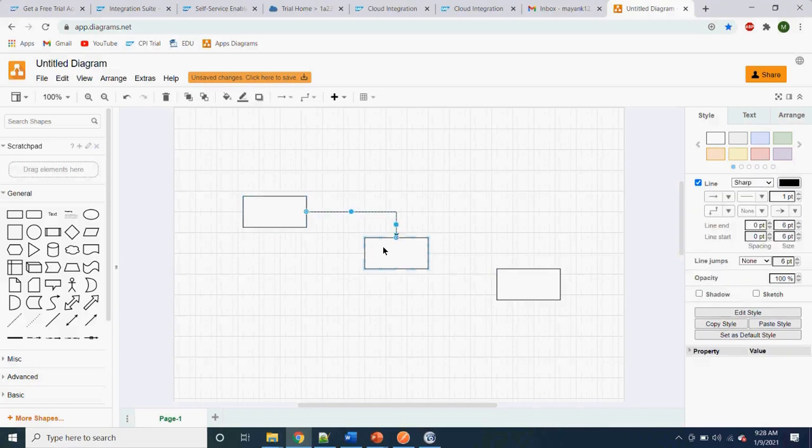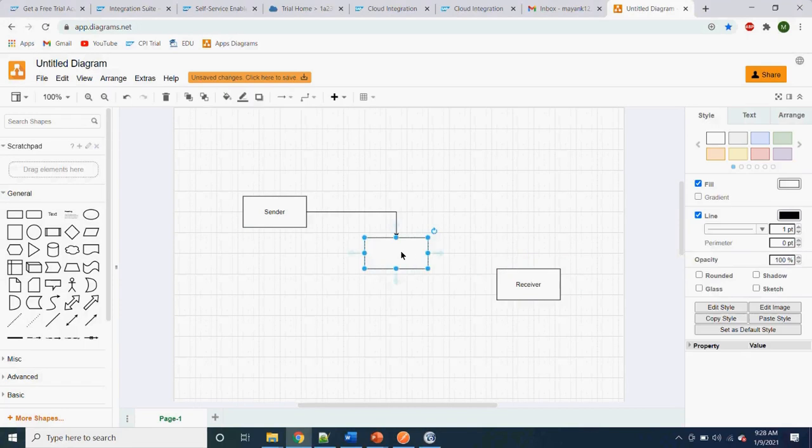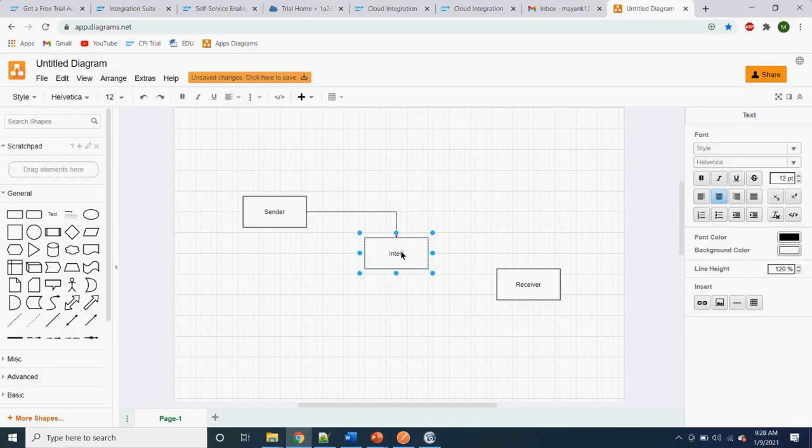One would be the sender system. Let's just name this as sender. Let's just name it receiver. And this would be our integration system.